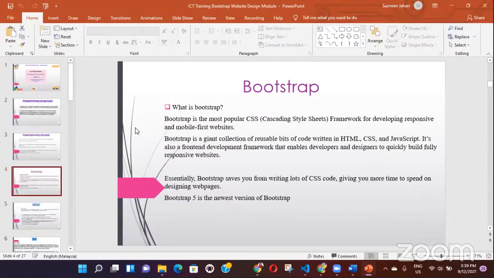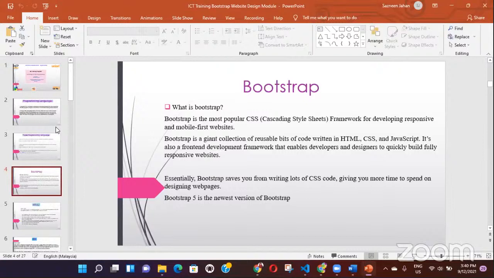Bootstrap is a giant collection of reusable bits of code written in HTML, CSS, and JavaScript. It's also a front-end development framework that enables developers and designers to quickly build fully responsive websites. Essentially, Bootstrap saves you from writing a lot of CSS code, giving you more time to spend on designing